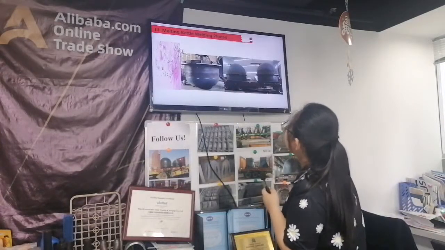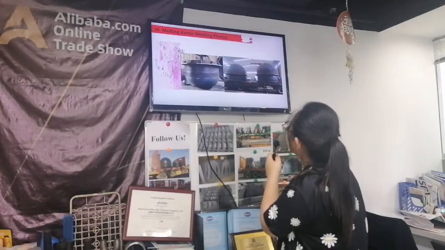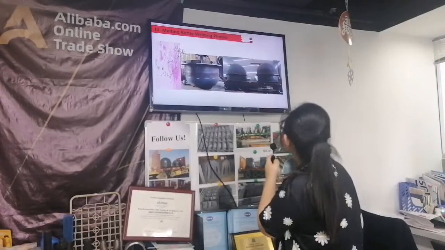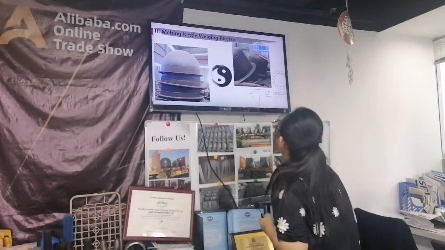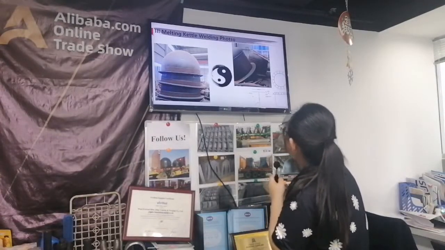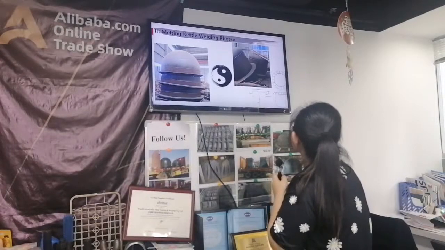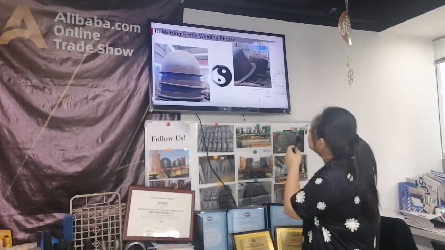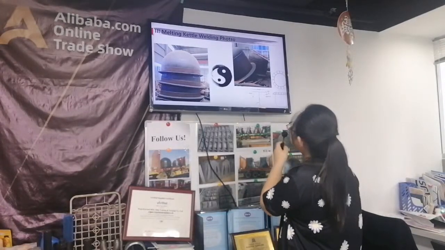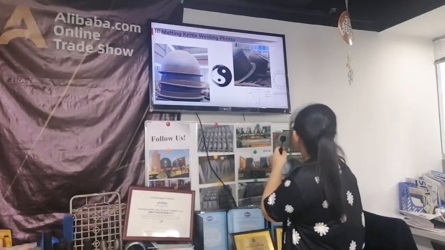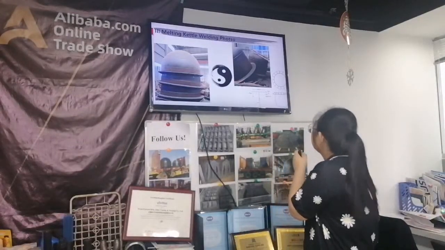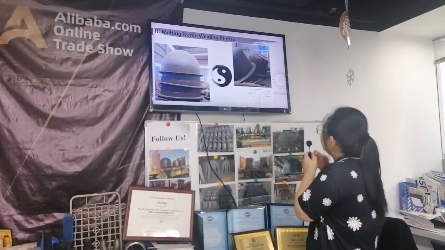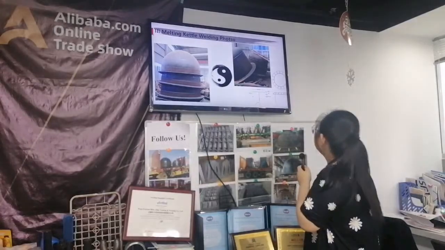Okay, let's look at the third product, melting kettle. Okay, there is a picture. If you want the melting kettle, you must give me the drawing, the size and the material. Like this, there is a size and